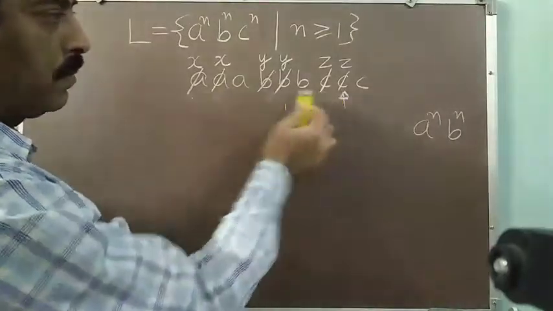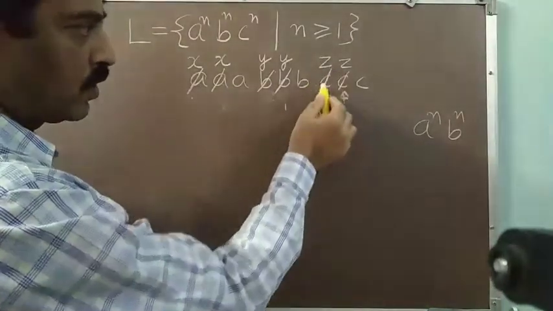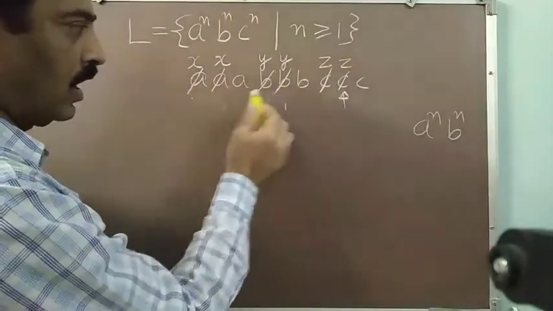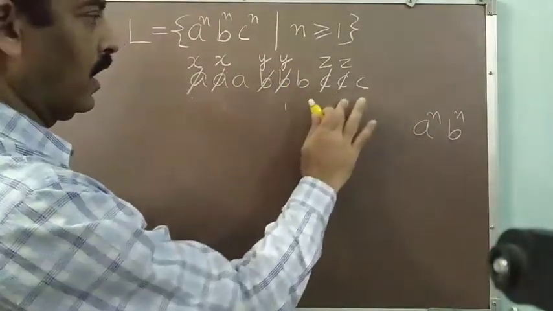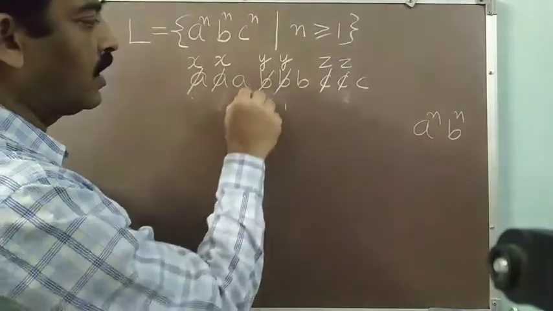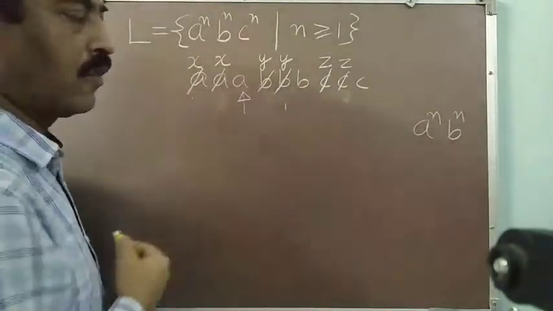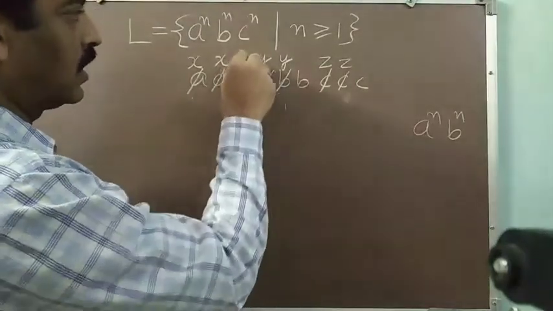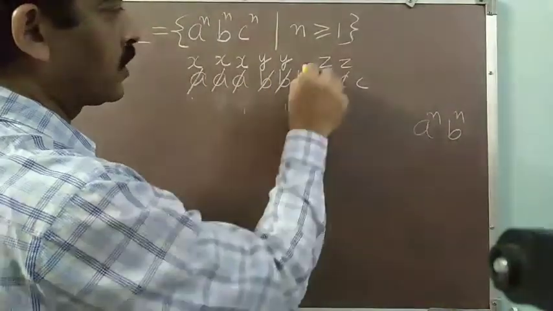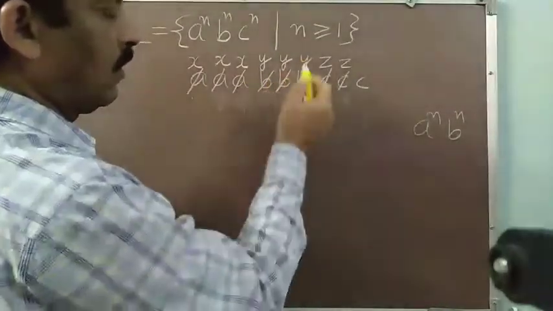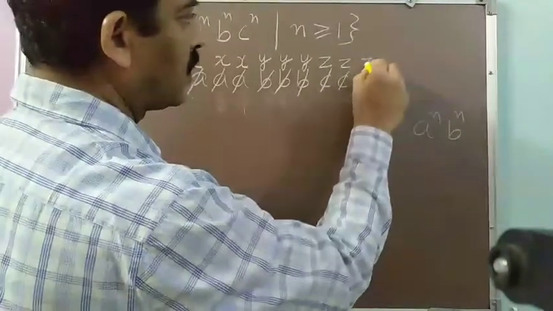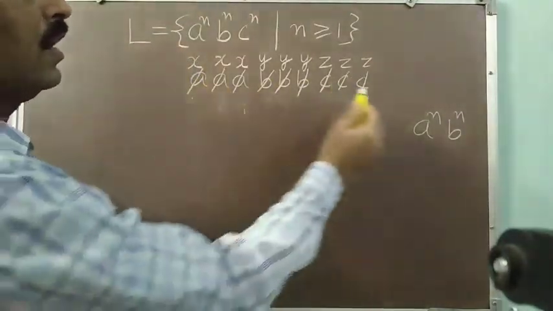Again I will come towards the left. Now whatsoever comes in between, whether it is Z, B or Y or A, I will be skipping it. And as soon as I find an X, I will move one position right, and then I find my leftmost A. And again this A I will process. I will mark it by X and then find the first B. I will replace it by Y, then I will find the first C and replace it by Z, and again move back towards the left.